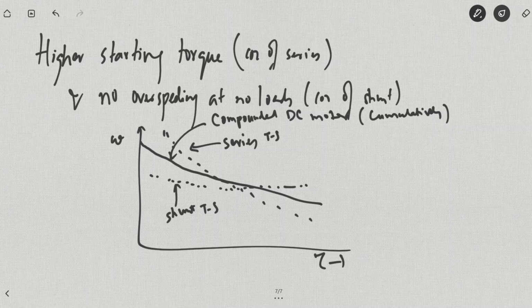So we are getting higher speed torque, higher torque as compared to a shunt DC motor, as well as we can go for a no load starting of the DC compound motor. This was about the cumulatively compounded DC motor. Now as far as the differentially compounded DC motor goes,